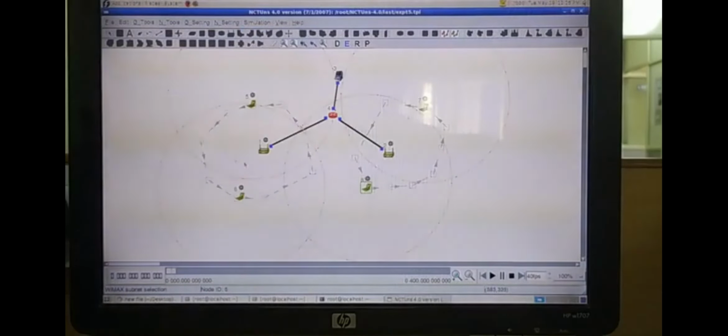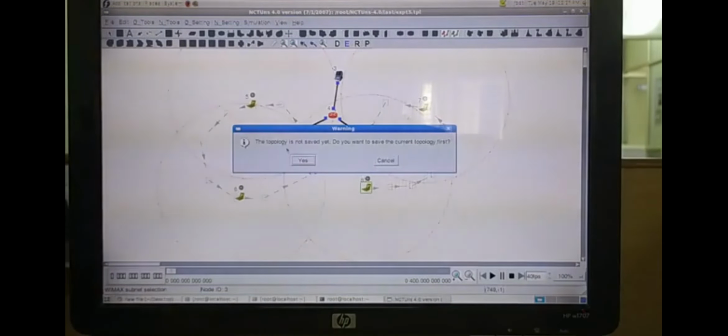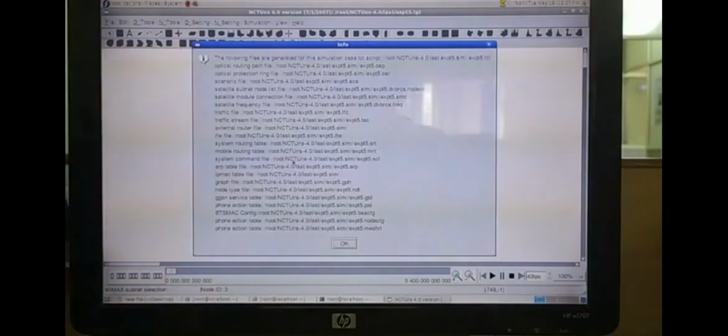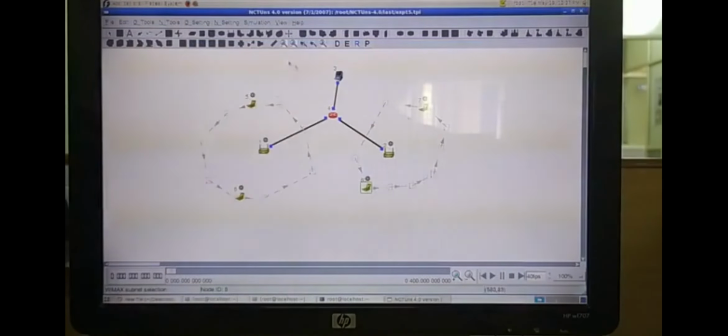So this way the receiving node and the sending mobile nodes are all configured. Once the configuration is done, we move to run, and it asks to save the topology, whatever the configured topology is. I'll say yes. Now I go for the simulation and say run. The simulation is going on now. It will be simulated for 100 seconds.